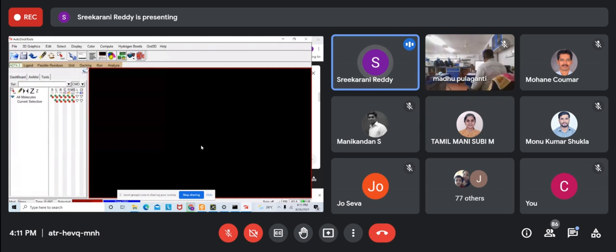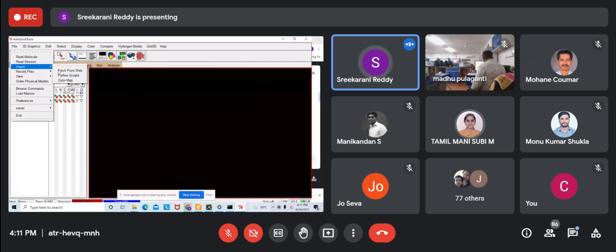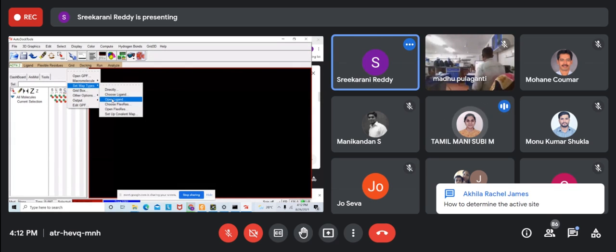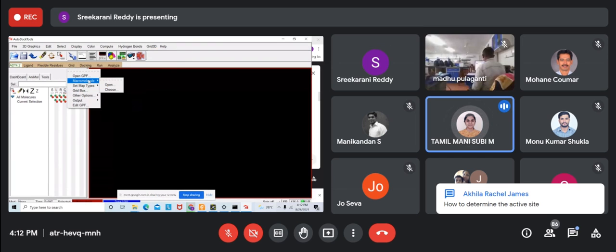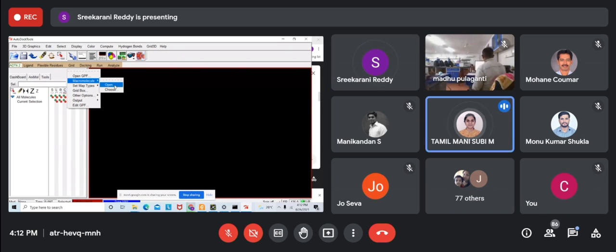See, actually, there are 4 steps. First, I imported it this way: file, import macromolecule. After that, I saved it in .pdbqt. After that, I imported the ligand, open. Then I saved it in .pdbqt format. Now after that, I'm doing the grid process. For that, I'm opening in the grid panel itself, grid, macromolecule, open. After that, set map types, open ligand. So this macromolecule, when you open, will be the protein. Yes. Okay. Protein, macromolecule, it's a similar one. Okay, ma'am. Thank you, ma'am.